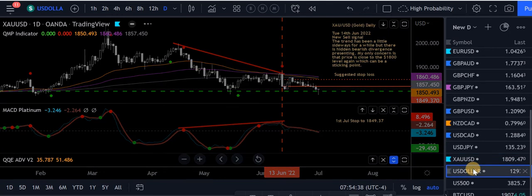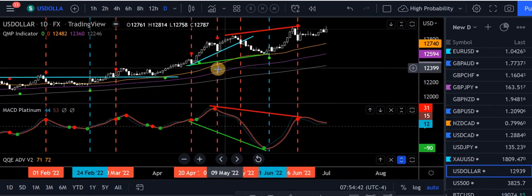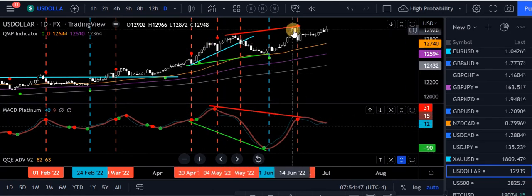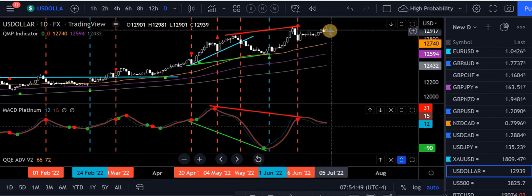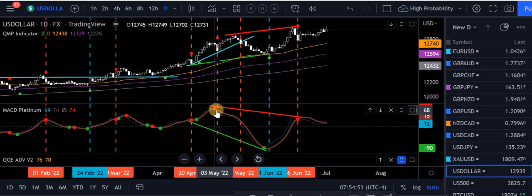Right, the next 3 instruments are just more out of curiosity. So it's the US dollar, still a daily chart, just to show you the trade signals and how the high probability method works for that. So the last signal was this sell, and it's going nowhere. The US dollar's starting to head up again. So it was based on divergence there.